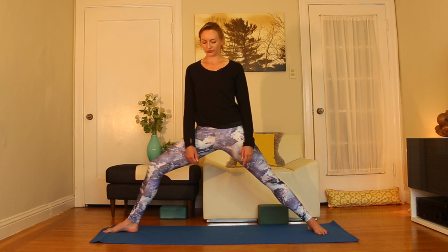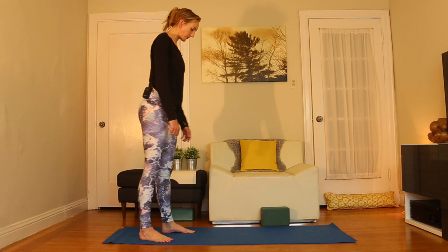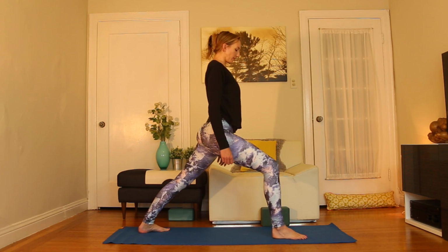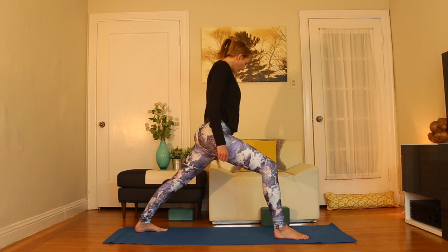Good. Gently straighten the leg. Turn the toes forward again. And then just hop your feet together. And we're just going to transition into a warrior one. So nothing fancy in the transition. We're just going to step the right foot forward, bending the knee at 90 degrees,